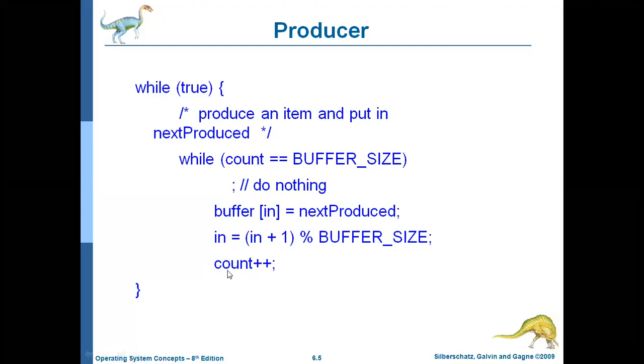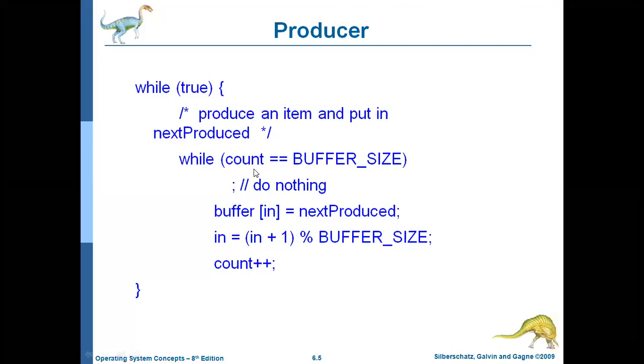And then you need to increment the count value. Initially the count value is 0. Now the count value is 1. That means at the end of the first iteration, the value of in is 1 and the count is 1. Okay, we need to repeat next time. Why? Because while of true means always true. Always you need to enter into the loop.